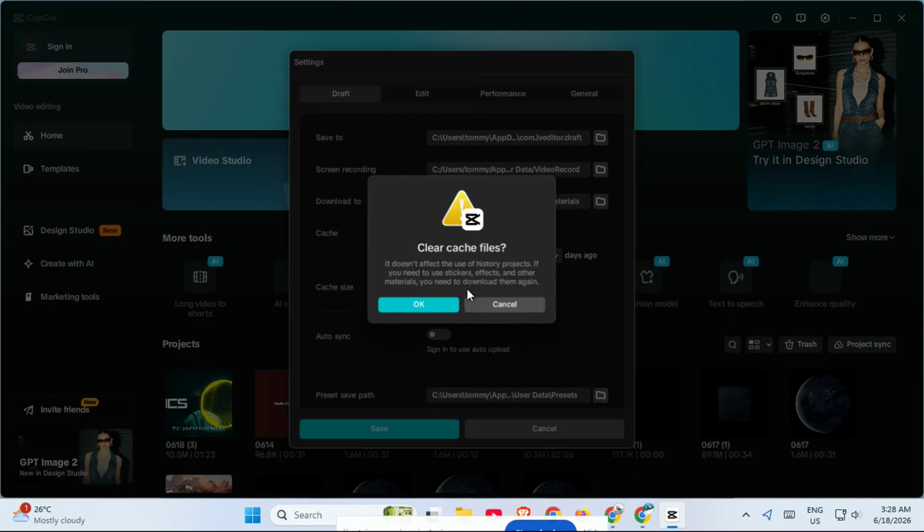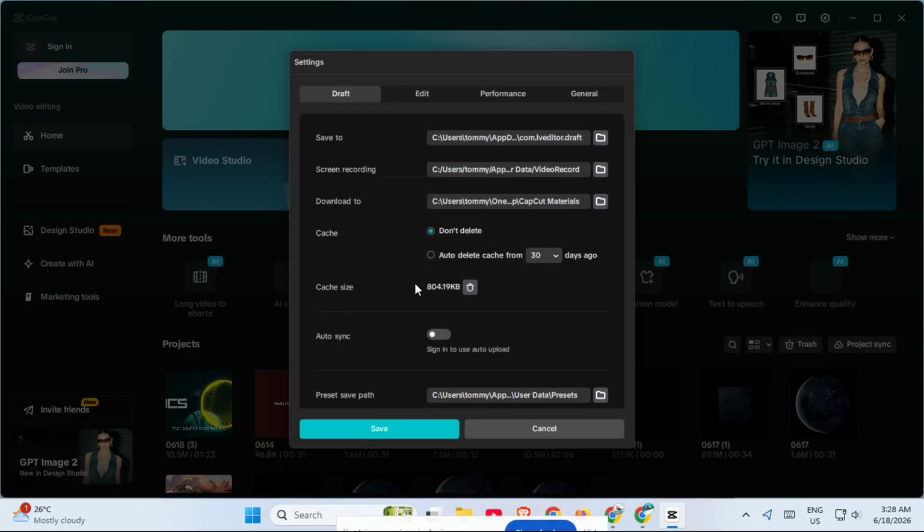Click Delete next to it to remove those draft files from your PC. This will help clear CapCut storage and free up disk space, especially if you no longer need old project drafts. If you have multiple drafts saved, this can make a big